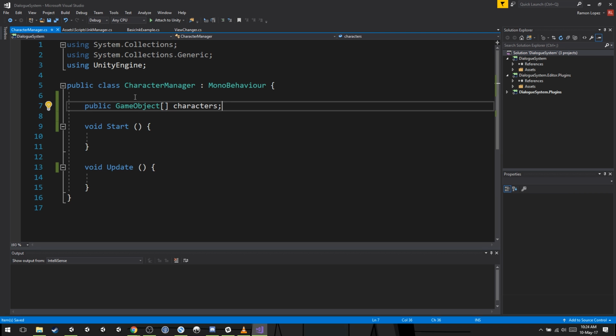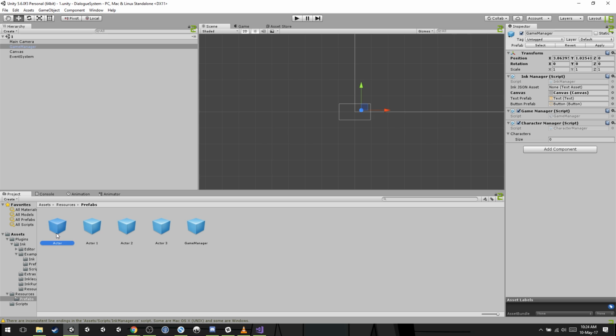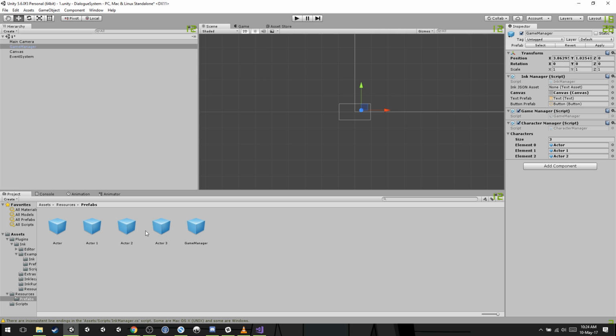In this array, I'm going to have my possible actors. And so now that we can see it here, we go to our prefabs, and you can just drag them and drop it over here. 1, 2, 3. Apply for the prefab saves. Now that we have this,